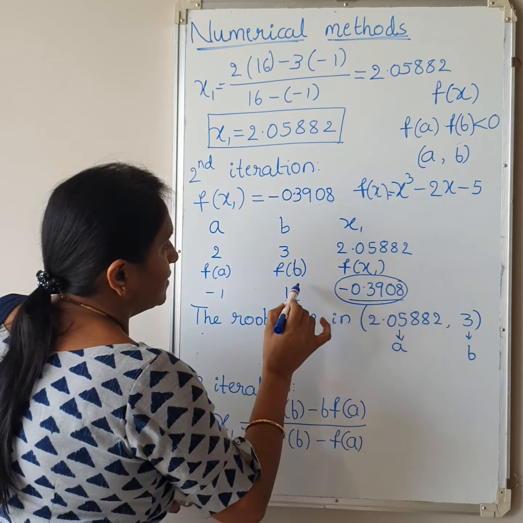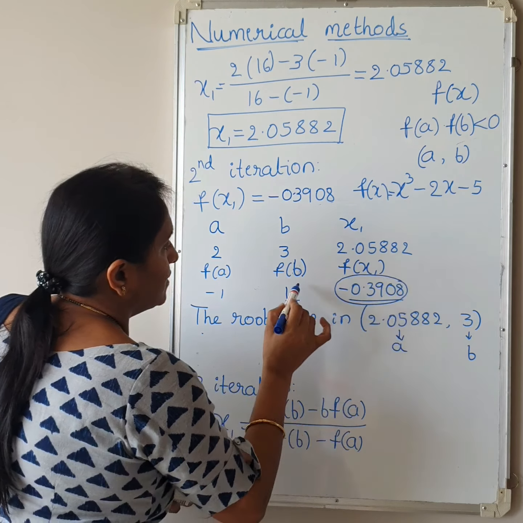x2 is equal to, our new a is 2.05882a, and f of b is 16, minus b, f of a is minus 0.3908, divided by f of b minus f of a, and the answer is, calculate. The answer is 2.05882 into 16 minus 3 into minus 0.3908 divided by 16 minus